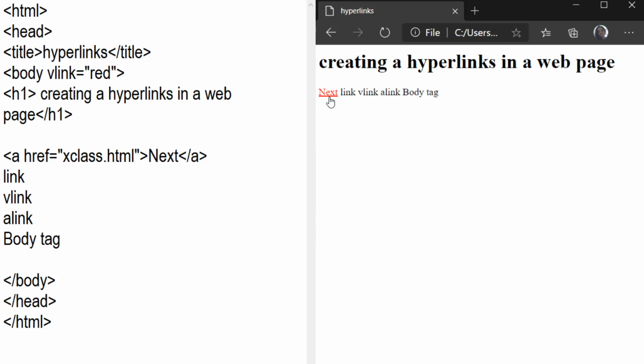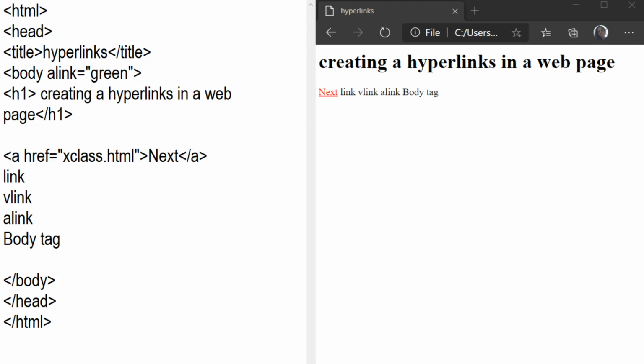When you single click on it, your link will be converted into a visited link, and when you click on this link, this means active link, this is always in red color, and you want this color in, for example, green. So you can change here the active link, A link, and we want this active link in green, so you can write down green here.